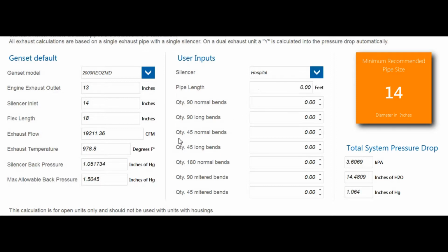If we change that to a hospital, the back pressure changes. Basically from a silencer that is critical to hospital, the silencer gets longer and so there's more back pressure. If we want, we can go to a user specific and be able to put in the back pressure required for that particular silencer. So we're going to go ahead and take a look at a hospital type silencer, put